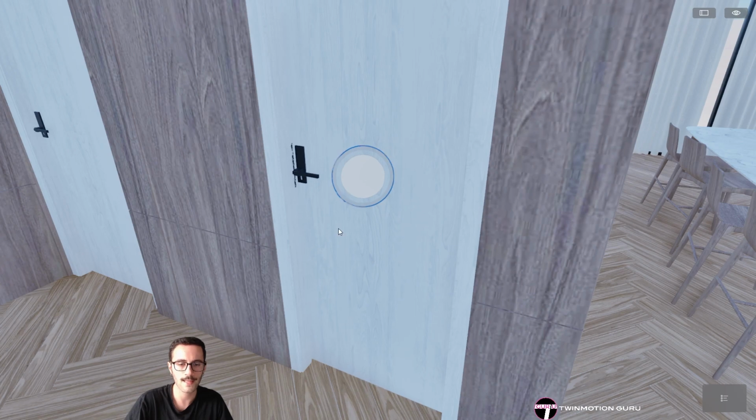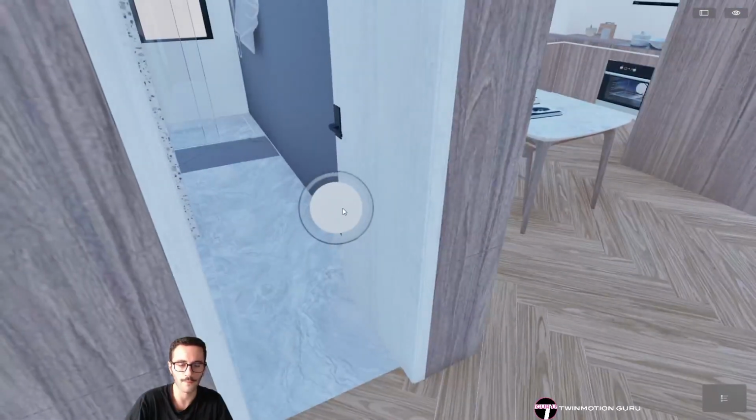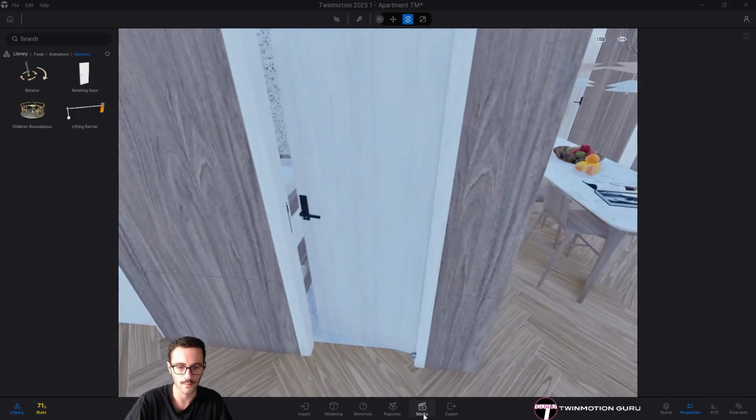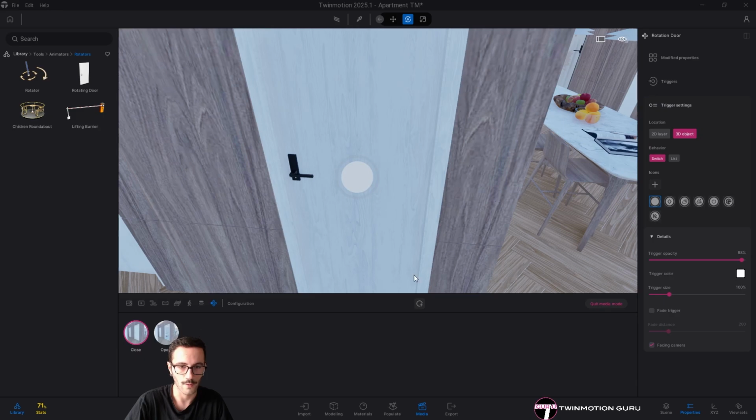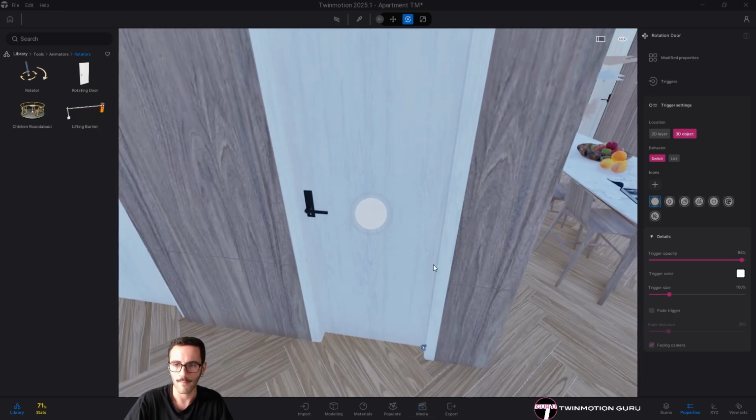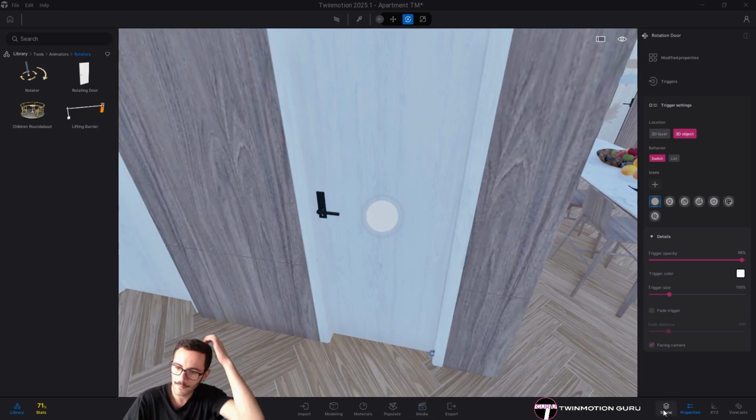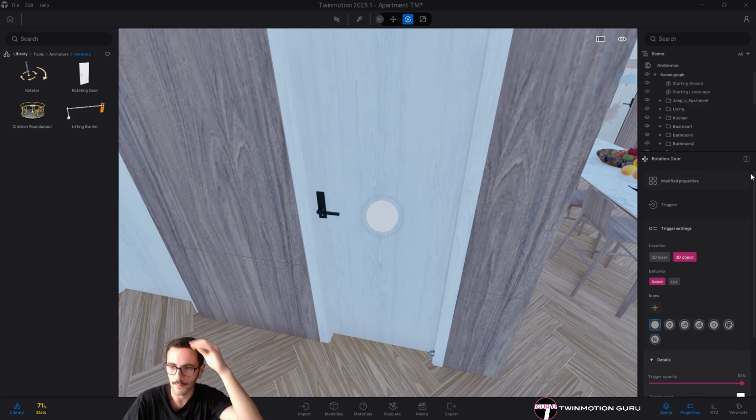Okay, but let's say I want my configurator, my icon, to follow the door. So let's go back to the scene on the configurator menu, and in particular on the scene menu.